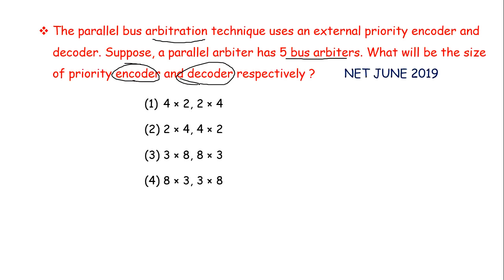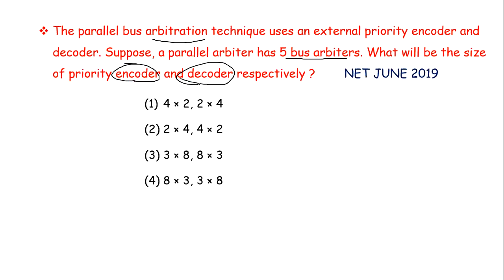Now first, to solve this question we need to know what an arbiter is. Arbiters are electronic devices that allocate access to shared resources. For example, a bus arbiter is a device used in a multi-master bus system to decide which bus master will be allowed to control the bus for each bus cycle.